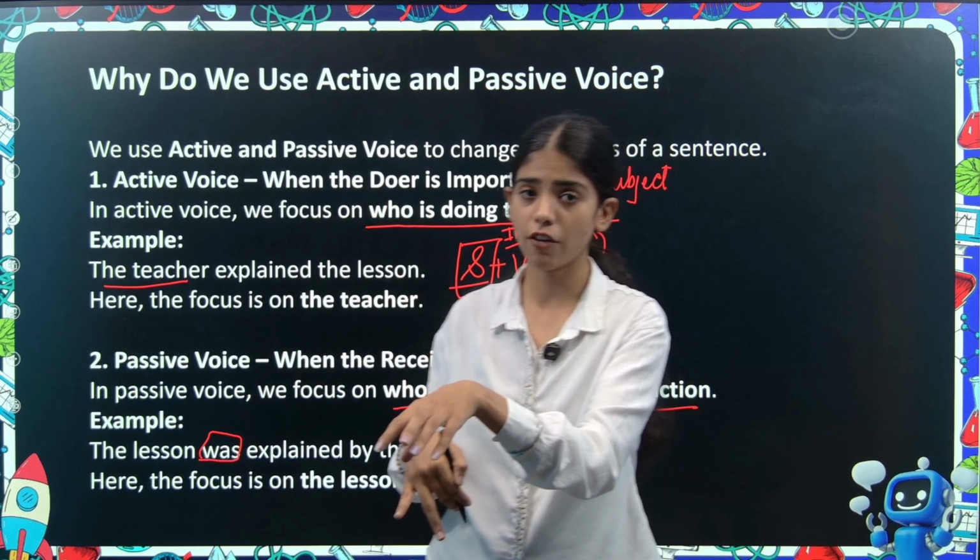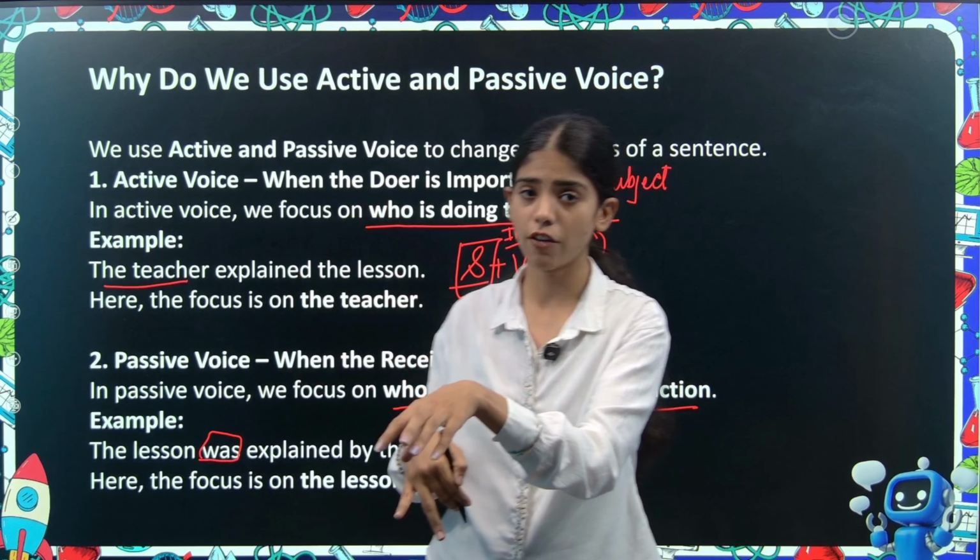Okay, for example, a letter is written by Ram. So letter, and here Ram will be considered as the receiver. Okay, then the room was cleaned by her. Active voice structure. Now let's talk about the active passive voice structure. So we have learned that the basic structure of a sentence is subject plus verb plus object. This is the basic structure of a sentence. Okay, now if we talk about passive voice, right?